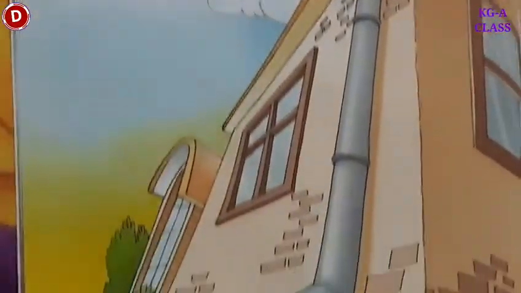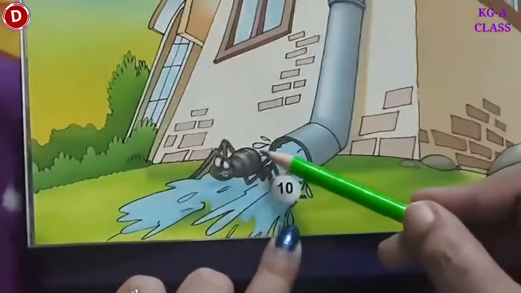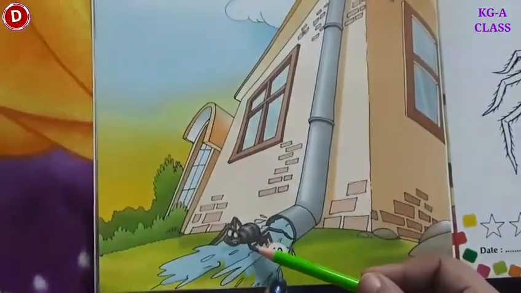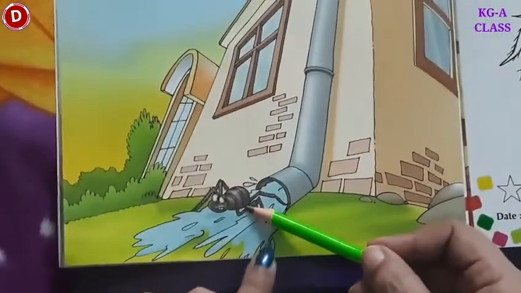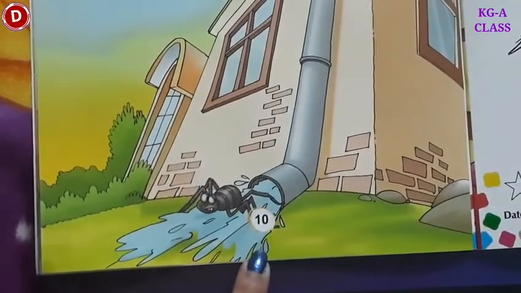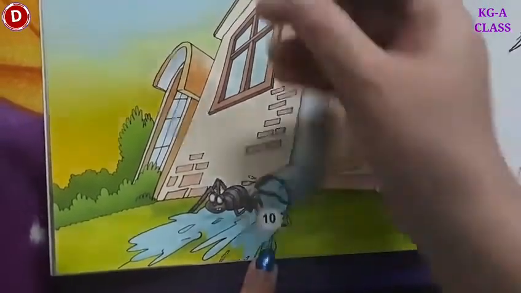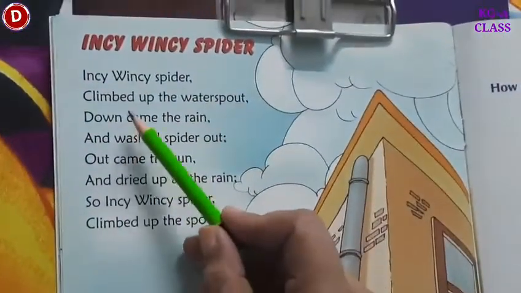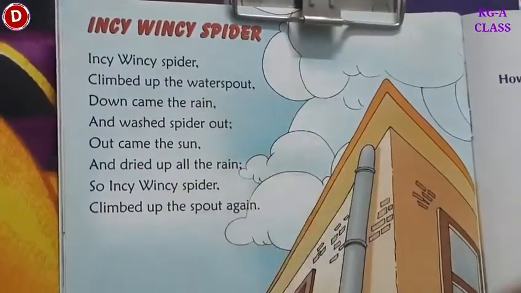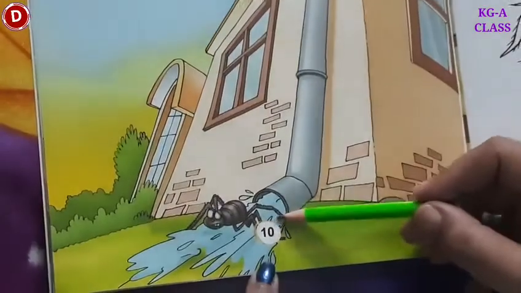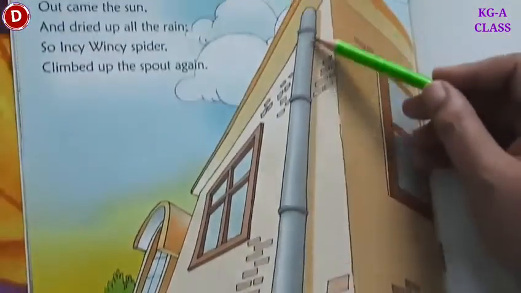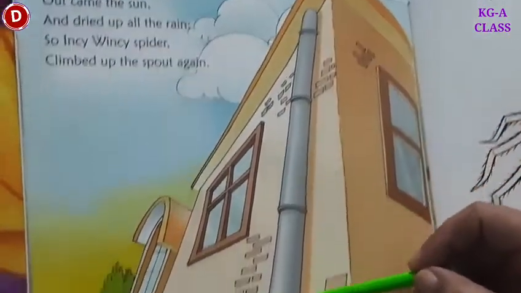Children, as you can see, there is a spider, एक मकड़ी है, and her name is Incy Wincy. The name of this spider is Incy Wincy. What she did? क्या किया इसने? Incy Wincy Spider climbed up the water spout. ये देखो, Incy Wincy Spider है, she started climbing up this water spout, जिसमें से पानी नीचे गिरता है।